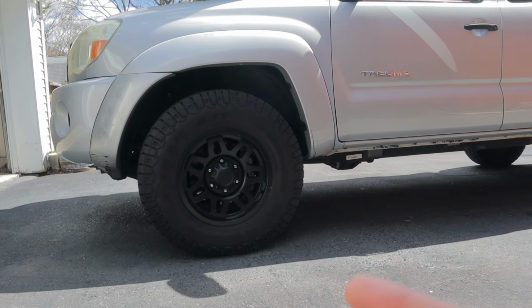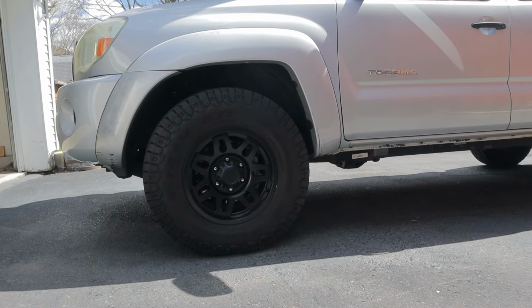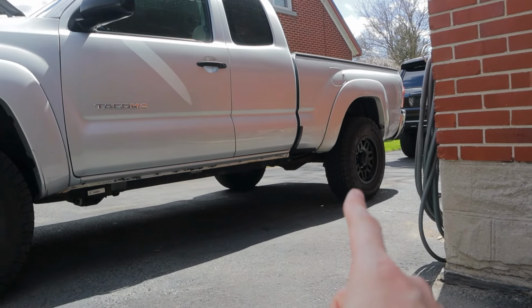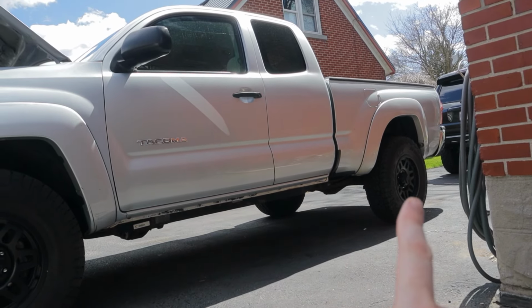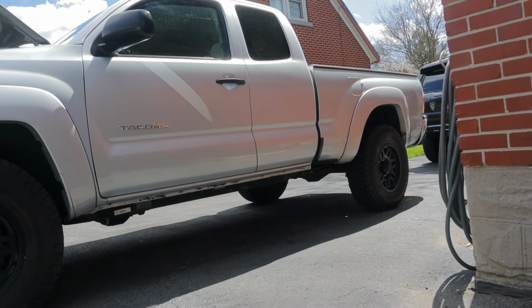But the pins that the pads slide on can get corroded, and they can even get to the point where the caliper itself freezes up and you have to replace the whole caliper. The good news is, unlike the 4Runner, you don't have to worry about the rear brakes on these trucks, because believe it or not, all the way up until the brand new ones in 2024, these Tacomas, every single model, every single year,